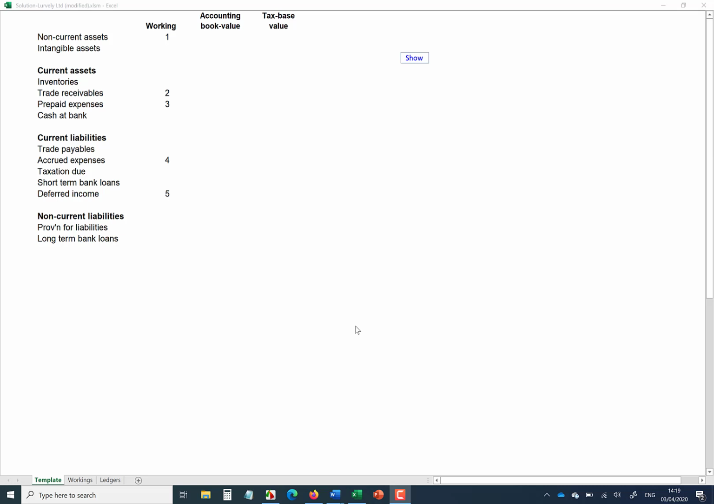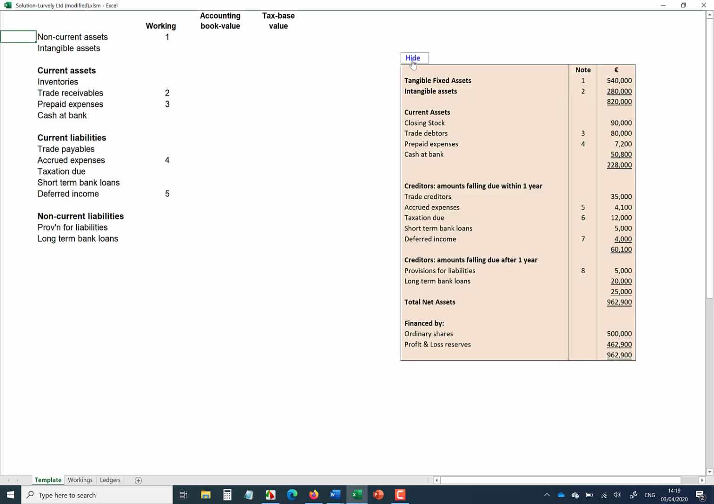In this video, I'm going to go through the solution to the question Lurvely Ltd. It's the modified version of the question which I previously sent a link to. So it's not the question that's in the booklet, it's a variant of that. So just to show the question, okay, so we've got the details of the balance sheet at that particular date,